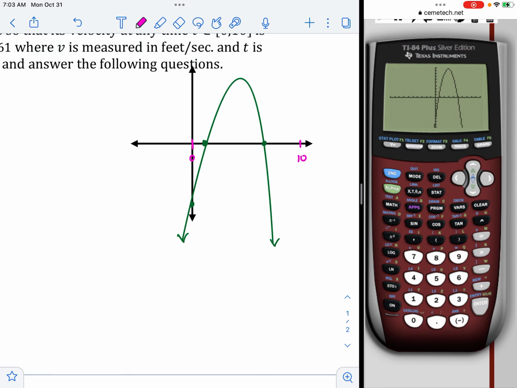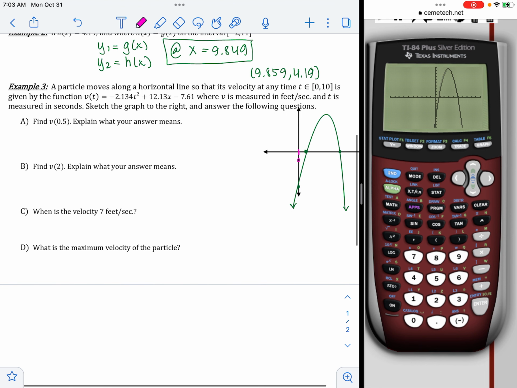All right. So first off, it says find v of 0.5, explain what your answer means. So I'm going to find v of 0.5. I need to plug in 0.5 for x. To do that, you just hit the trace button, trace, and then type in 0.5. I wrote it wrong, but I meant 0.5. All right, hit enter, and it'll plug in 0.5 for you, and you get that it